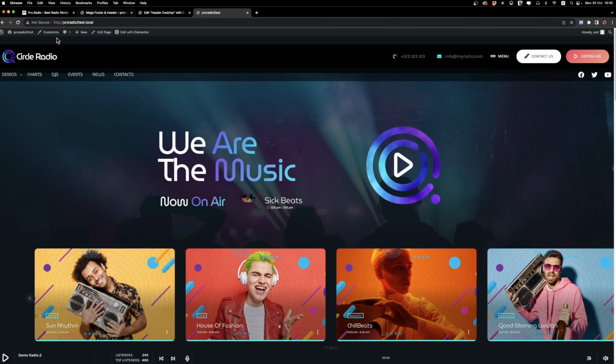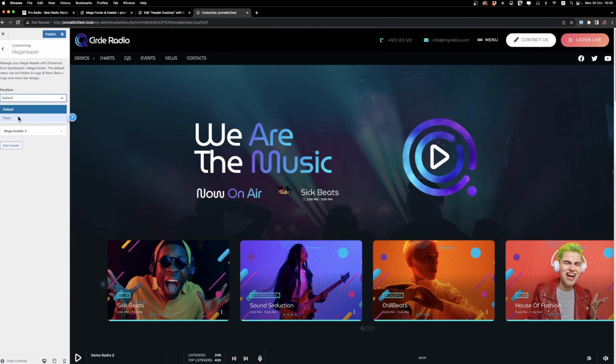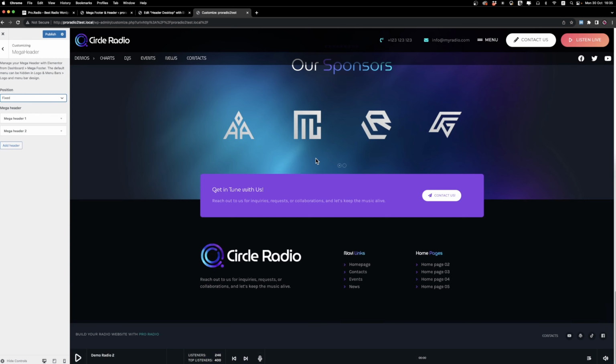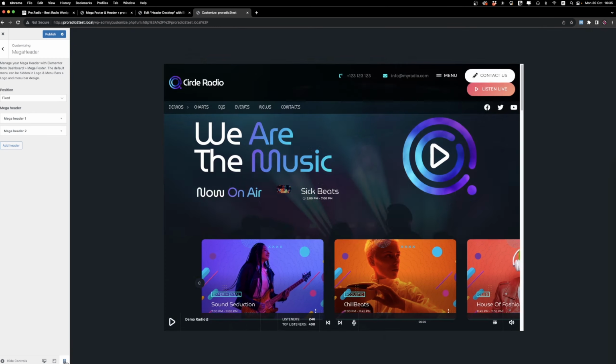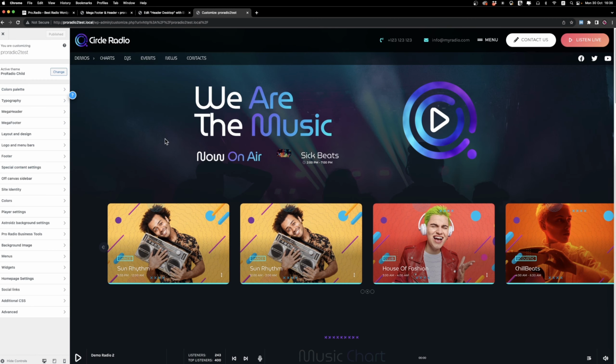Finally, if you want it to be sticky, you can go to Mega Header and set the position to fixed. As you can see, the header is now fixed. And this is everything. Remember to publish your changes,